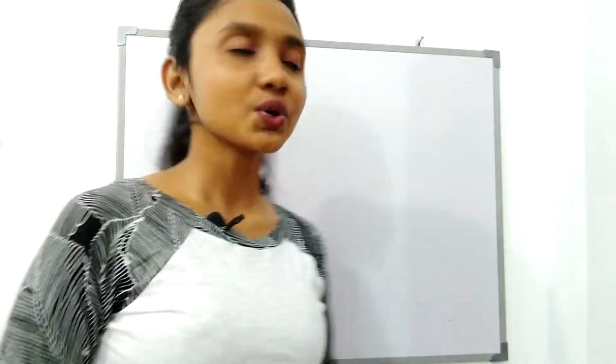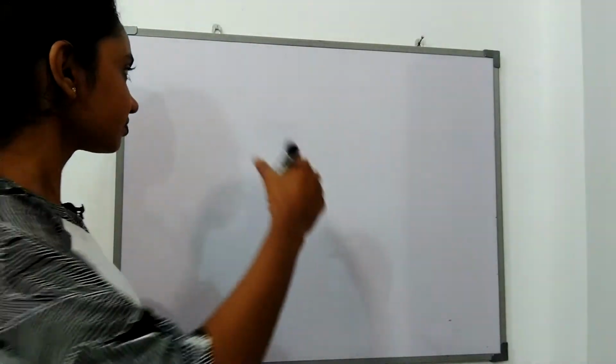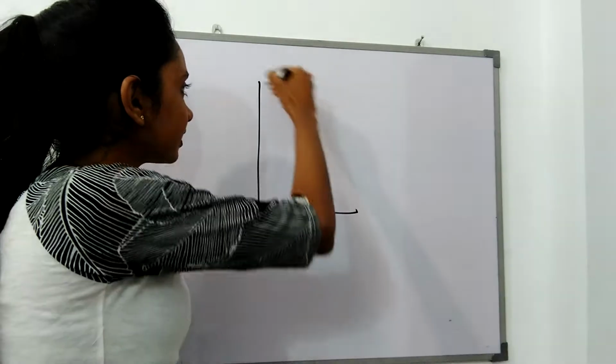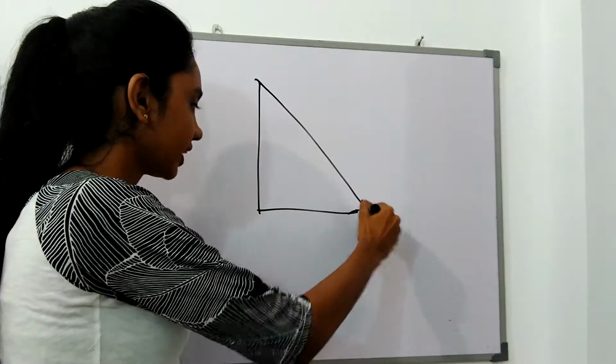Hi students, so today I'm going to teach you about trigonometry. In an earlier video we learned the Pythagoras relation. The Pythagoras relation is based on right angle triangles. So this trigonometry lesson is also going with right angle triangles. So in here children, if we take a right angle triangle,